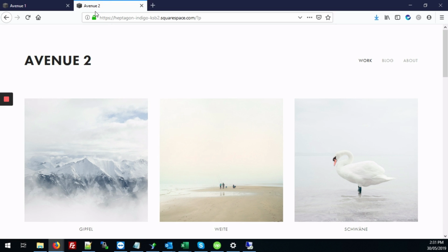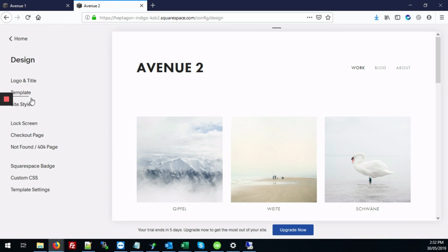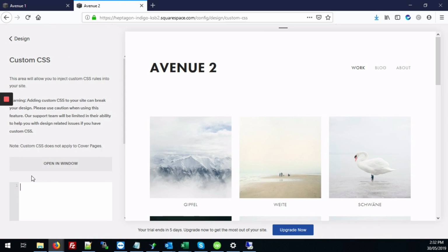Here's our default template where the font style of the H1 tag is just the regular font style. I'll show you how to change that. The first step would be to go into the back end of the site, click on Design, go to Custom CSS,